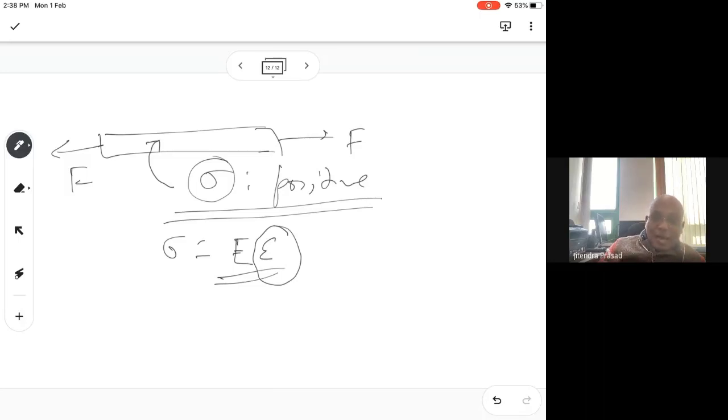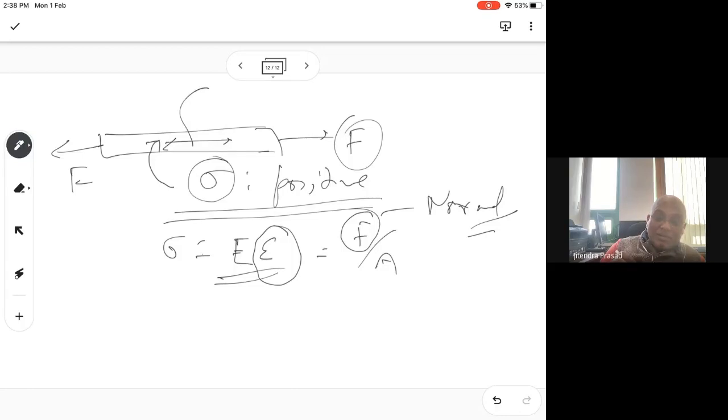You got it? If you say equal to F over A, you are not talking about this F though. You are talking about the normal force. What is the force inside it? That we are talking about. The tensile force, so tension. I would say we are talking about the tension. Tension has a different meaning; your nodal force has a different meaning.